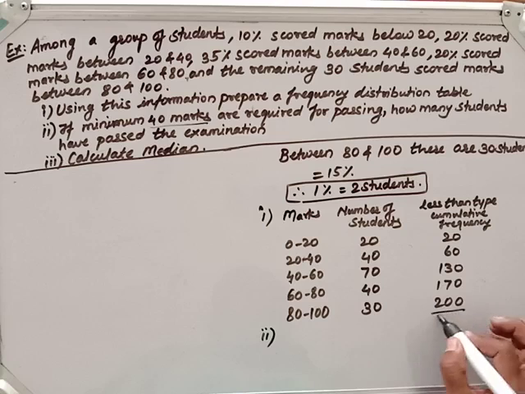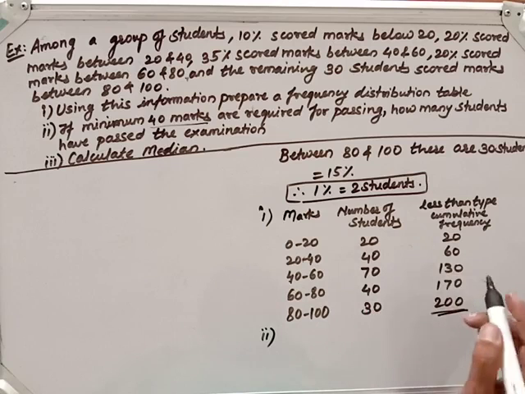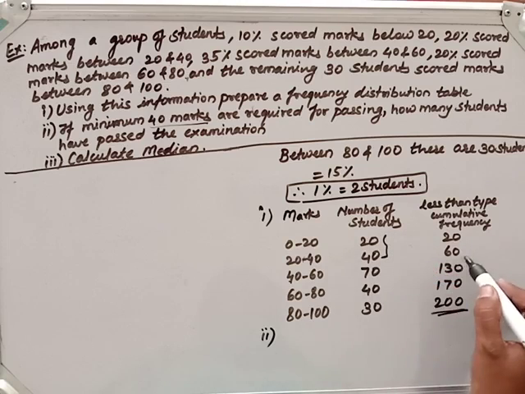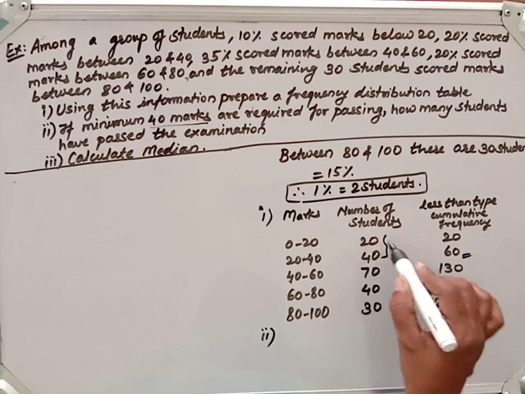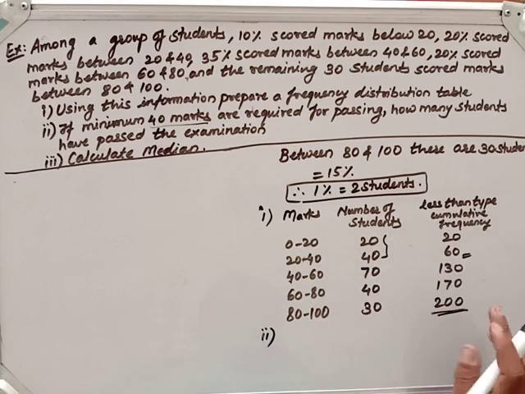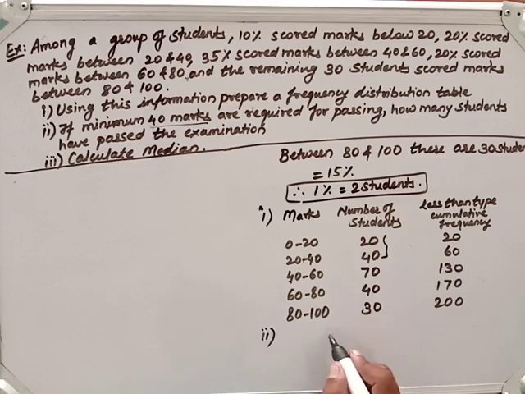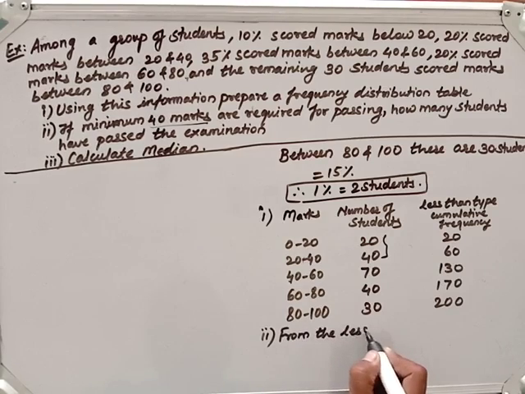So the total frequency is how many? 200. It is the data of 200 students. So if we subtract from this 200 this many students, what is that? 60. So if we subtract these many students, then we get the number of students passed. So let me write from the less than type cumulative frequency,